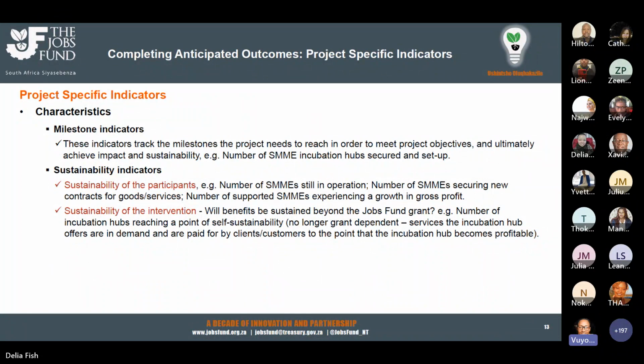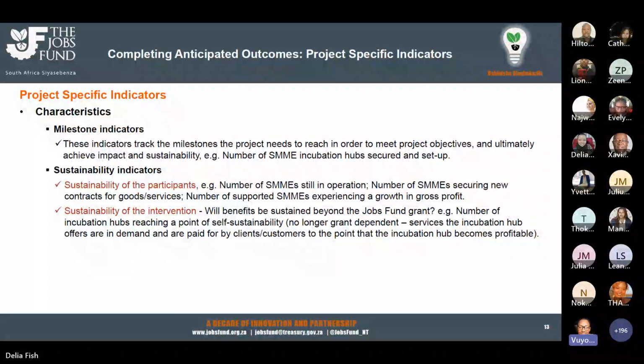And so those that would have started at the beginning of the intervention and remain in operation, that's a good sign for us that these are moving towards sustainability, and also the further securing of market share, in terms of securing new offtake contracts and so on, is also a good sign towards sustainability for